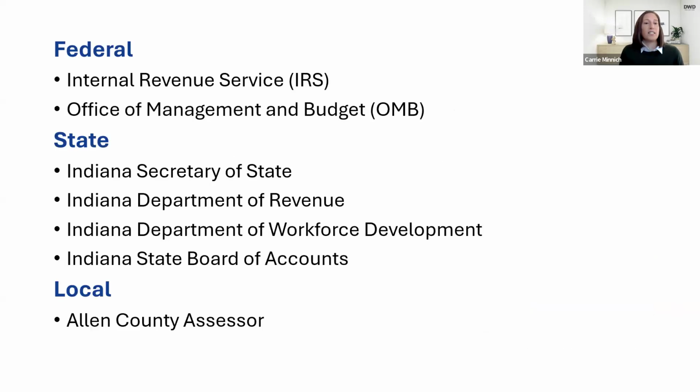We've divided this into 3 different categories that we're going to talk about today: the federal level, the state level, and the local level. I think most of you are in Allen County, but for those of you that are not, the Allen County things that we talk about will probably apply to wherever you're at as well. It's just going to be specific to Allen County as far as the details.